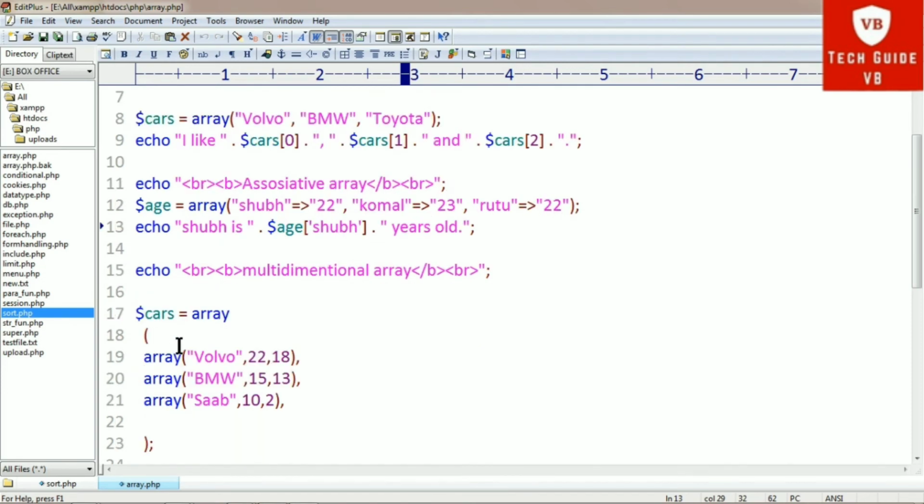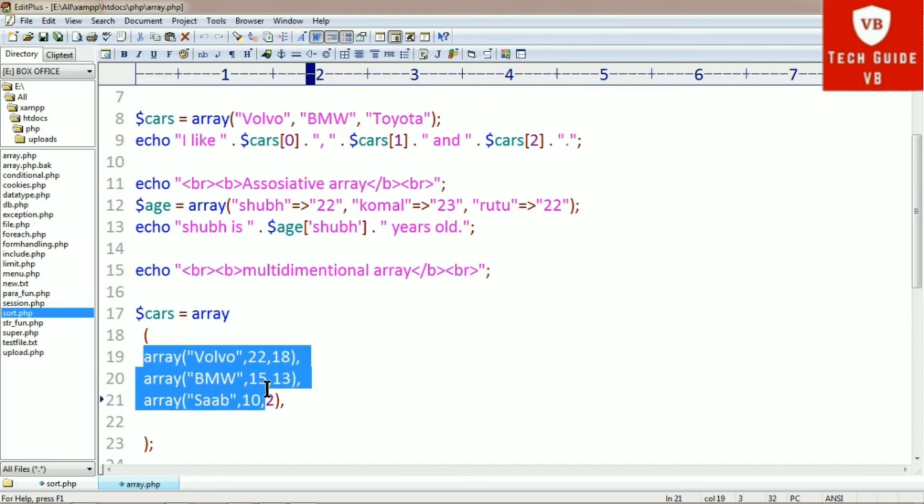Then the third type is the multidimensional array, where the cars variable is taken for storing the multidimensional array. In PHP it is an array of arrays, so the array keyword is used, and inside that there are multiple arrays present.